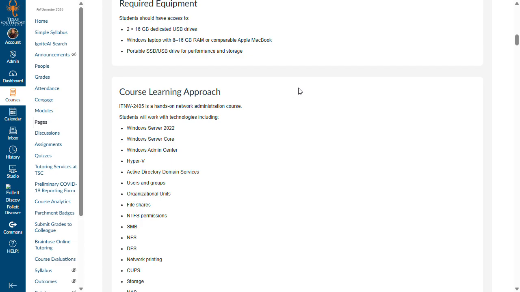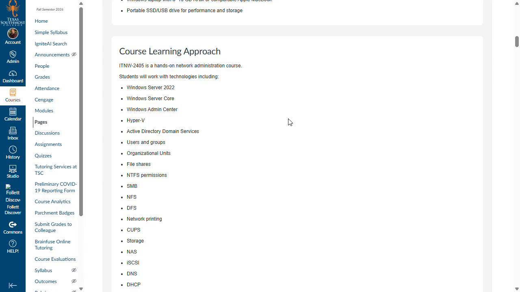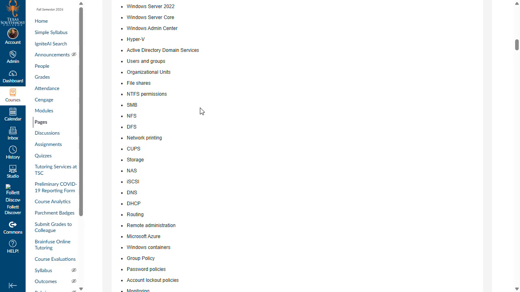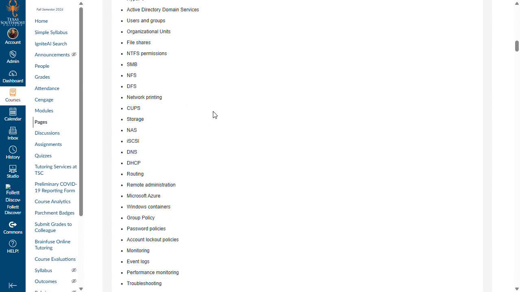Course Learning Approach: ITNW-2405 is a hands-on network administration course. Students will work with technologies including Windows Server 2022, Windows Server Core, Windows Admin Center, Hyper-V, Active Directory Domain Services, users and groups, organizational units, file shares, NTFS permissions, SMB or Samba, NFS or network file shares, DFS or distributed file systems, network printing, CUPS, which is a network printing system, usually found on Unix or Linux systems, storage, network attached storage or NAS, iSCSI,